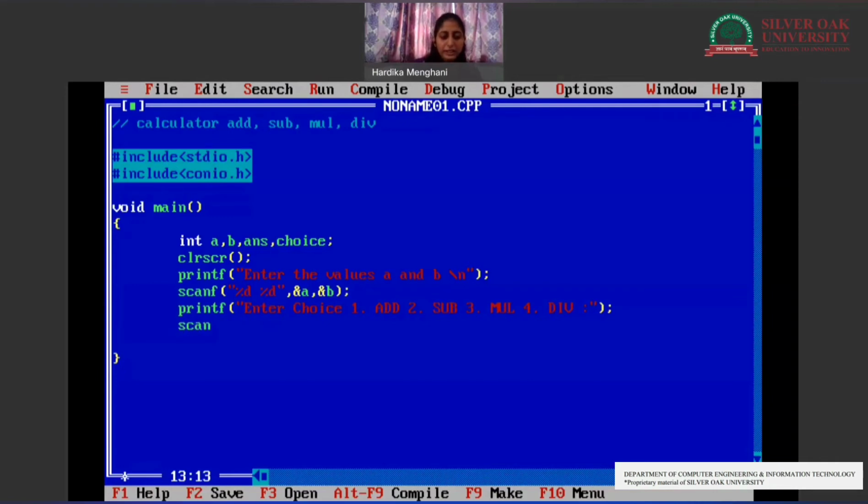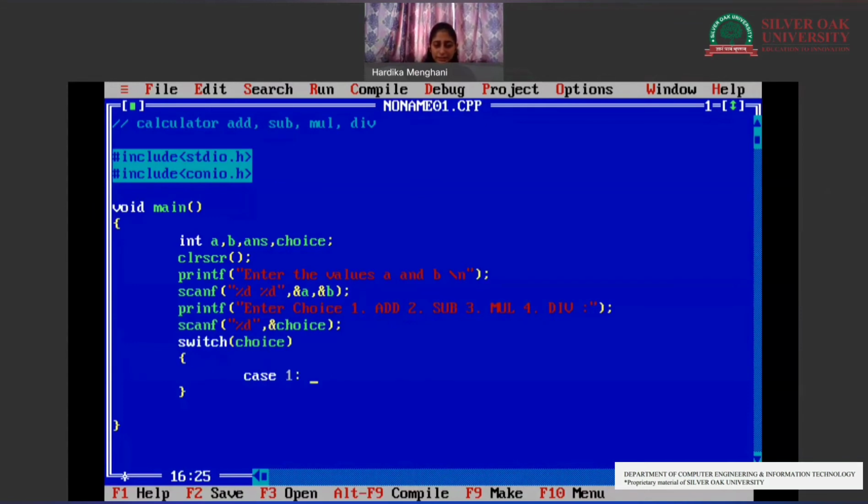Now we will be taking that choice from the user. So it is %d as an integer variable and &choice. Okay, so we have taken the choice from the user. This choice will help us to move further with the switch case, as we will be creating a switch case over here by writing the keyword switch, and in brackets we will write choice. So whatever the number of the choice is, that case from the switch block would be executed. So we are now creating cases.